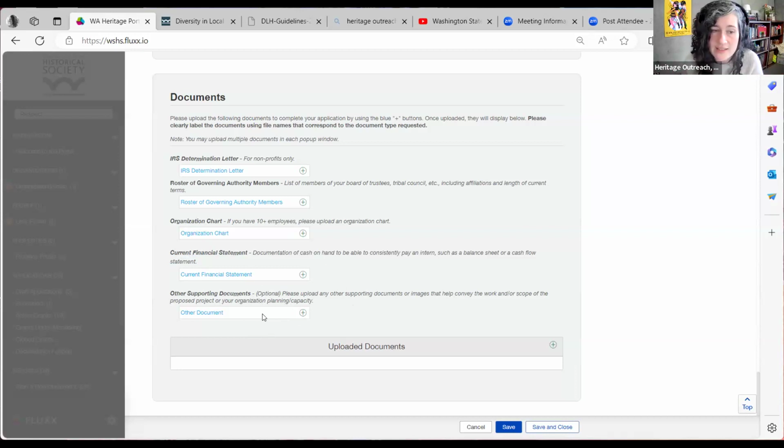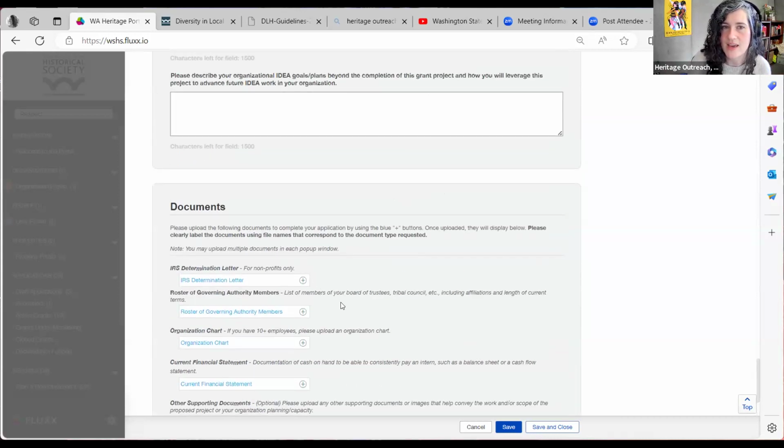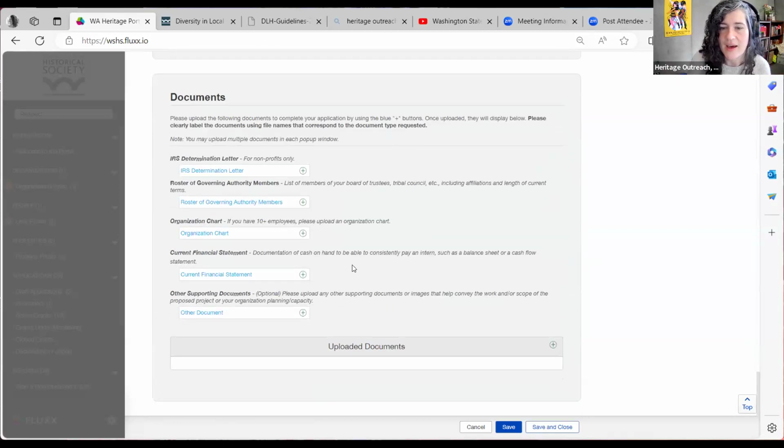Maybe it's images, or just something that's helping you show if you've described any prior planning that this project is connected to, whether it's a strategic document or a strategic plan, something to do with your capacity you just want us to know about. It's all helpful, but this is optional. All right. And with that, we've reached the end of the application.